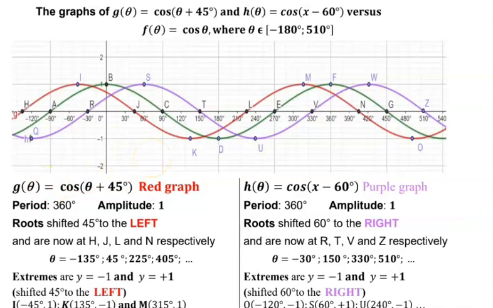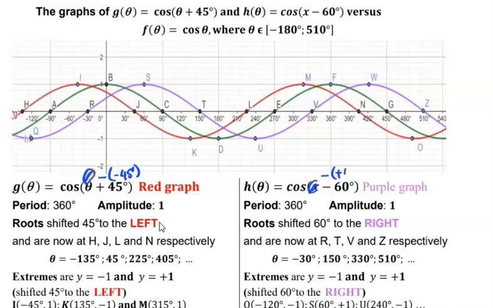In the case of the two graphs here, the red graph is the one that shifted 45 degrees to the left, and the purple graph is the one that shifted 60 degrees to the right. So if you have a negative here, the graph shifts to the right. If you have a plus here, the graph shifts to the left. And it comes from writing this theta here, theta minus 45 degrees. And here we have theta